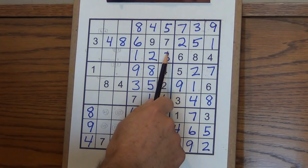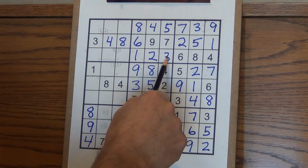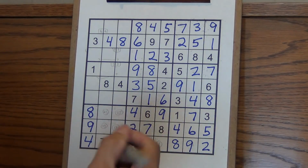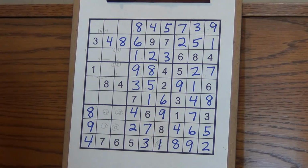Well, something just jumped out. There's a 3. This had to be a 1 or a 3. It can't be a 3. It must be a 1. And therefore this must be a 3. And